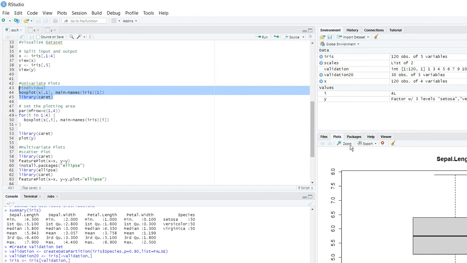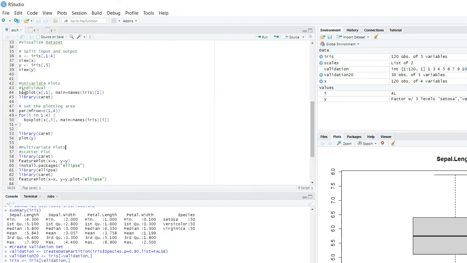As you can see, this box plot divides the data into quartiles. This is the minimum, maximum, median, then this is the first quartile, the second quartile, and the third quartile. So this is what a box plot is.